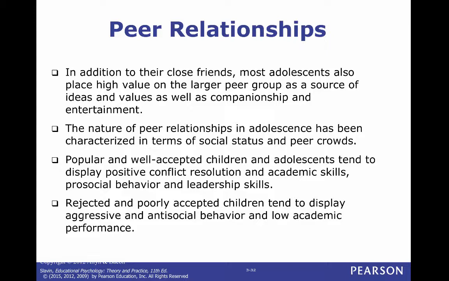The nature of peer relationships in adolescence has been categorized by the terms social status and peer crowds. The kids who are popular and well accepted tend to display positive conflict resolution and academic skills, pro-social behavior, and leadership abilities. Kids who are rejected or poorly accepted tend to display aggressive and antisocial behavior and low academic performance,